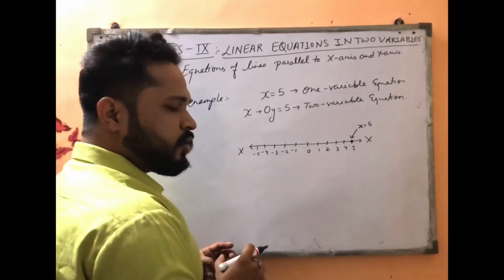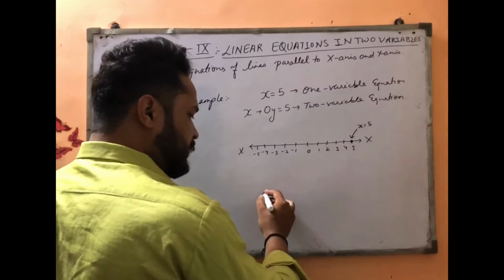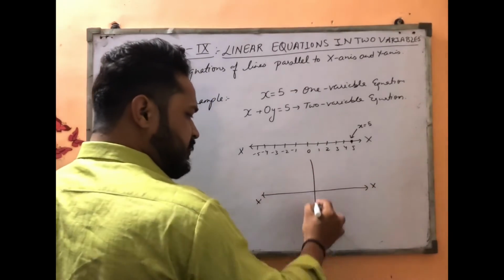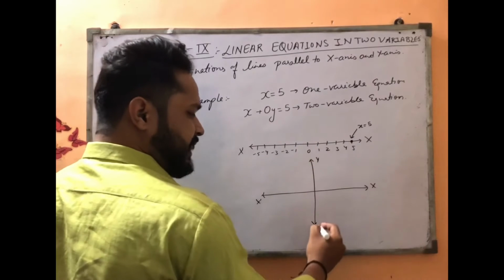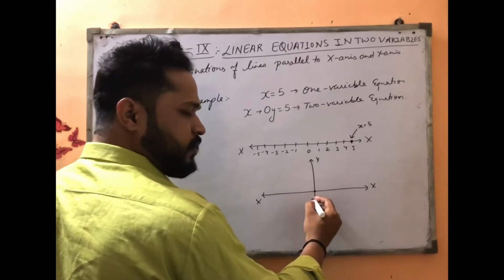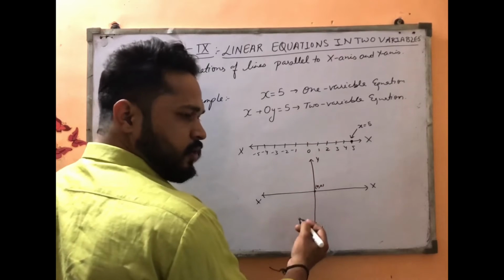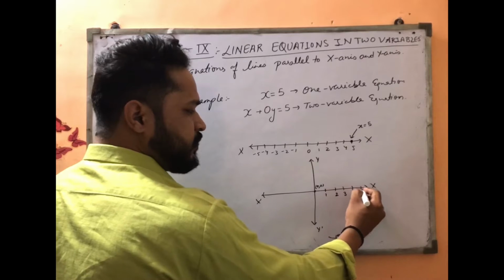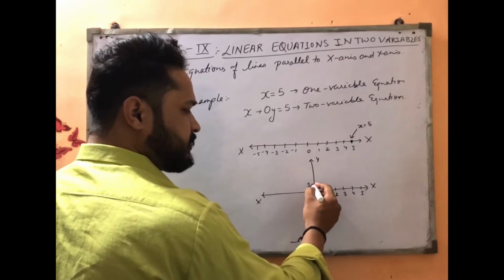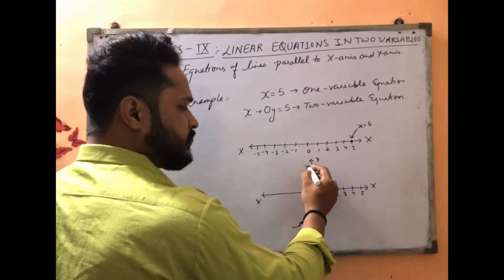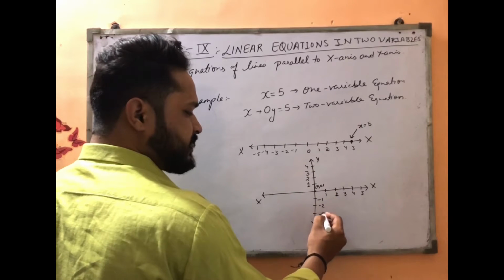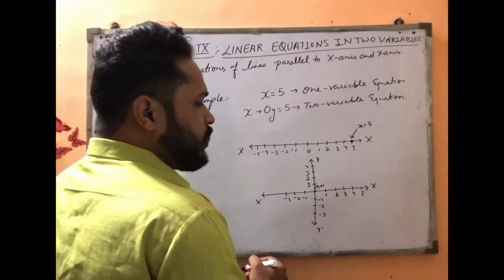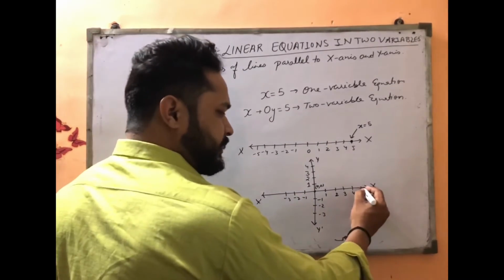Fine, but if we draw it as a two variable equation, we have two axes like x dash, y and y dash. So this one is 0 comma 0, that is the origin. So this is 1, this is 2, this is 3, this is 4, this is 5. This is 1 2 3 4, -1 -2 -3, -1 -2 -3. So on a single axis it is a point.